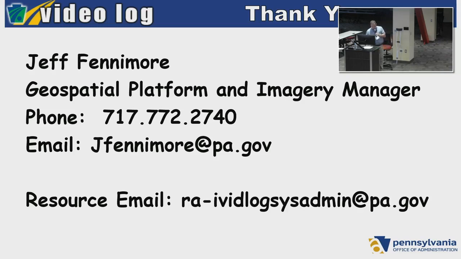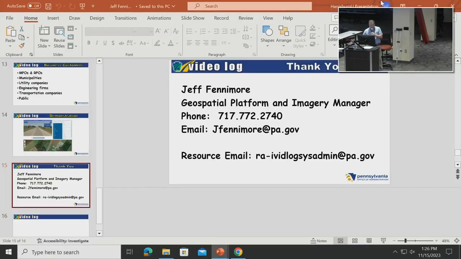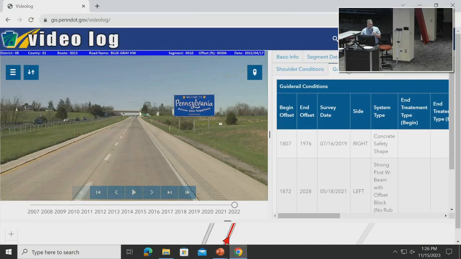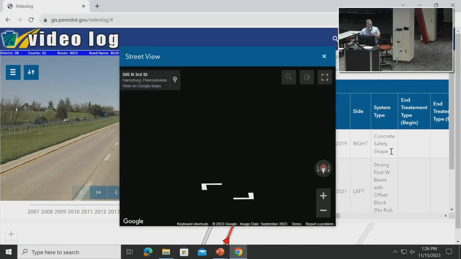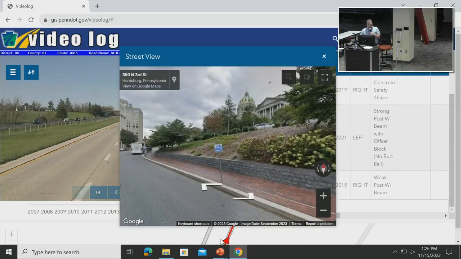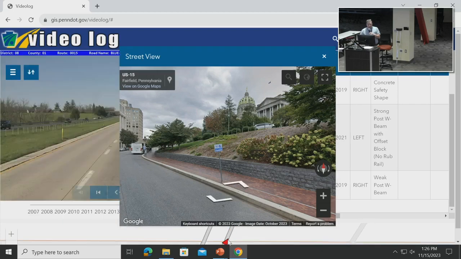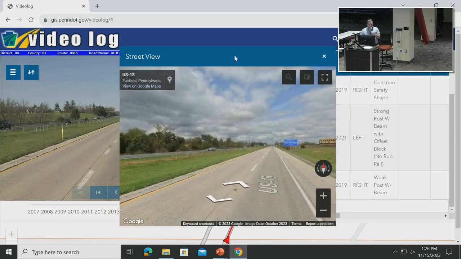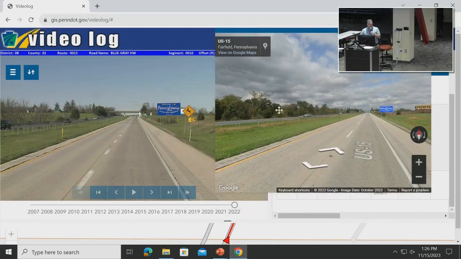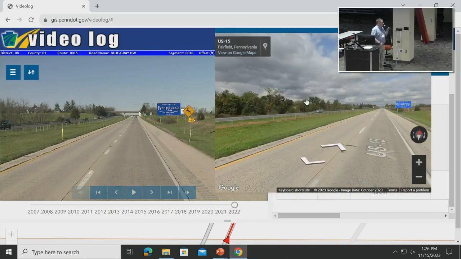I'm going to just jump right back in there for a second because the one thing I mentioned, which is really cool that I didn't even get to, was going up to the tool where I said about having Street View. And if you click on the map portion, it'll update Street View so that you have Street View as well as that. That's where it was. I forgot to show you that because I was rushing through.